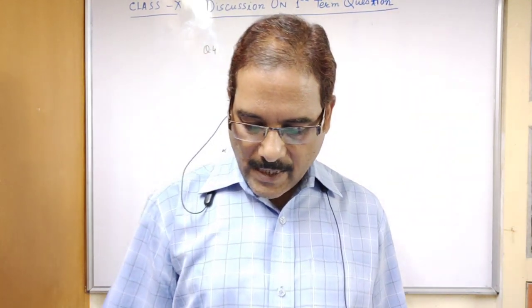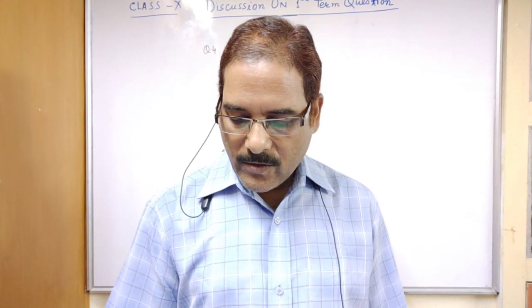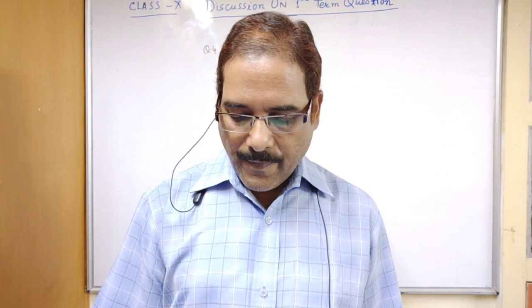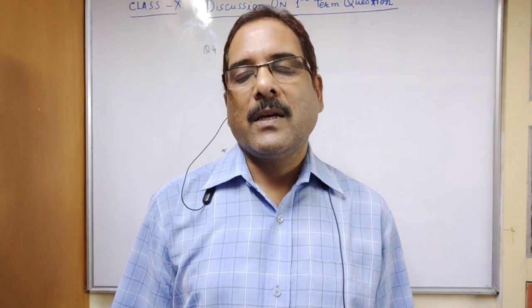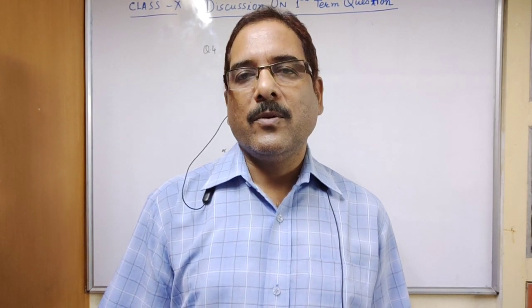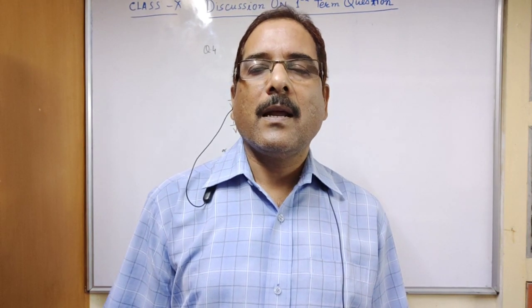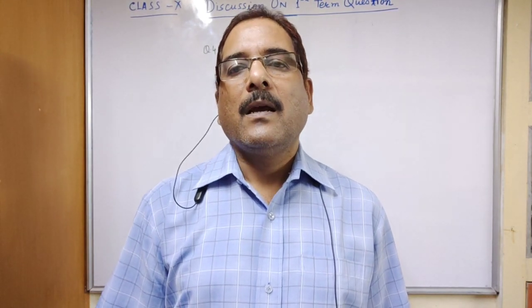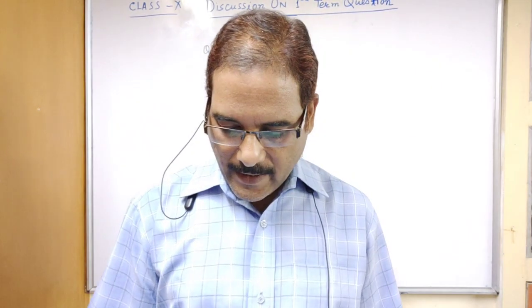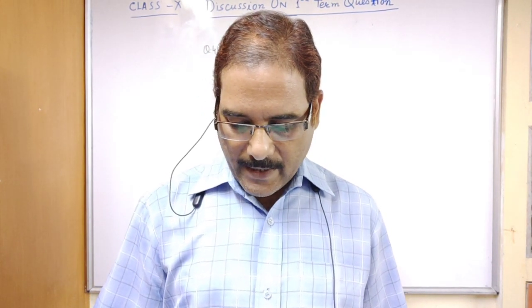Now question number 7. Which of the following phenomena contributes significantly to the reddish appearance of the sun at sunrise or sunset? Whenever color is concerned, why the sky appears blue, why the sun appears red during sunrise or sunset, why the sun appears white during noontime, all these phenomena which are related to colors, it means they are related to scattering of light. So B option is correct, that is scattering of light.